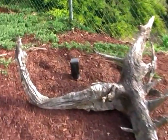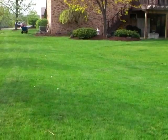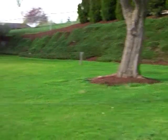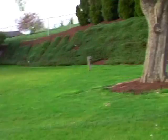Thinking ahead, I also put a plug in. So I got about 5 of these plugs out and about. See, 1, 2, 3, 4. We have 5 plugs and 10 lights, I think it is. So this total project cost me somewhere close to $500, and a whole bunch of labor, of course, digging my